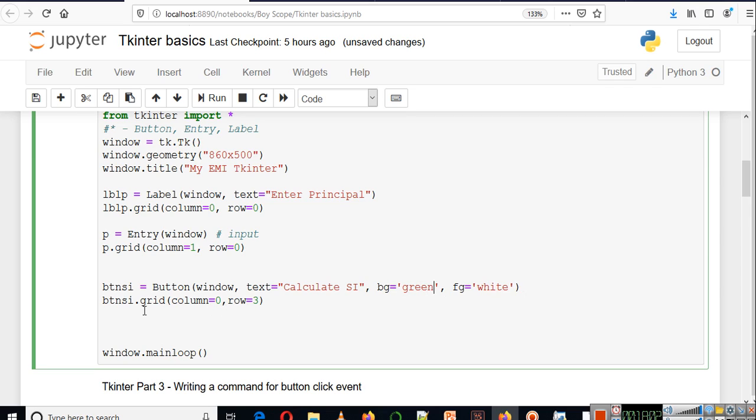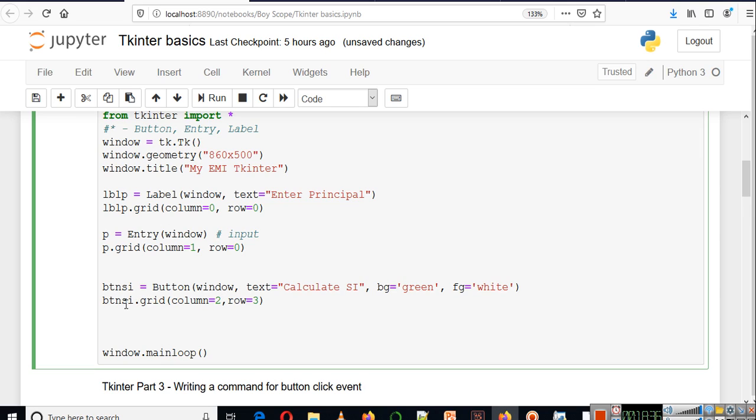And now it's time to place that button. If you have to place the button just after your entry, we can write column number 2, because at column number 0 we have the label, at column number 1 we have the entry, and at column number 2 we'll place this button.